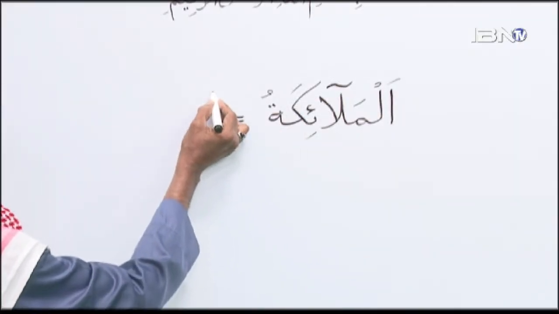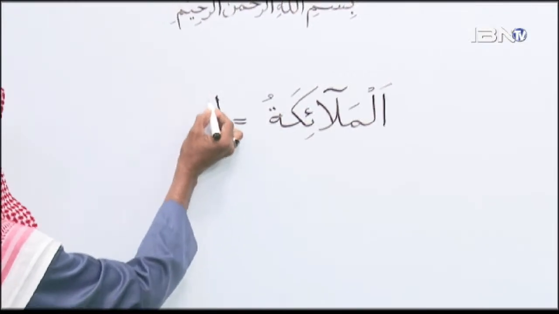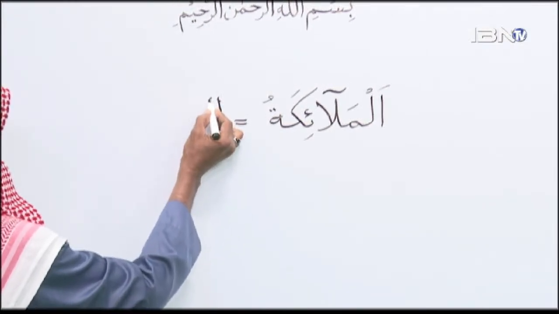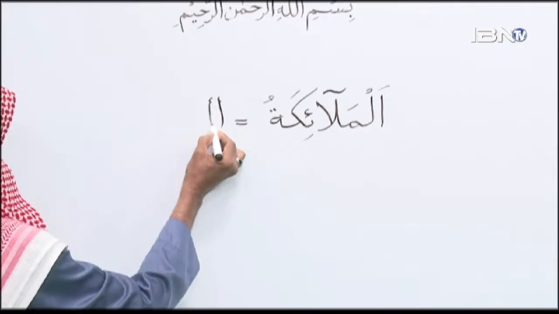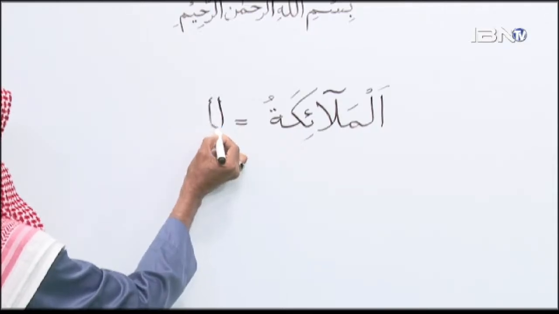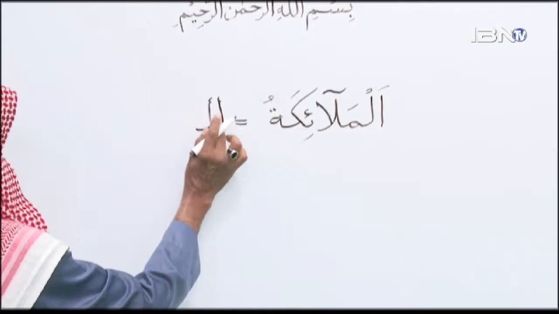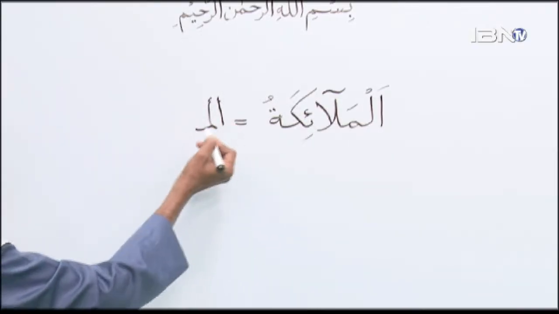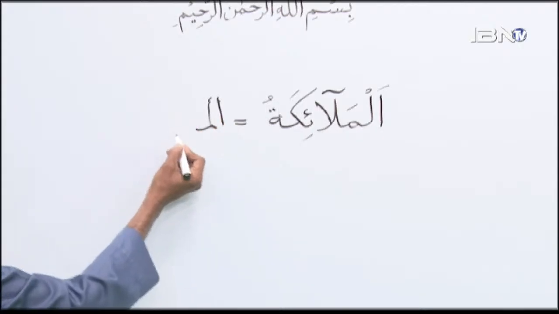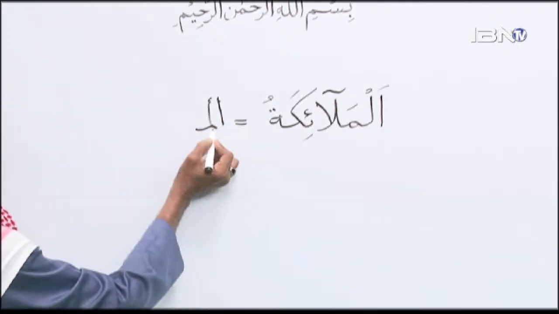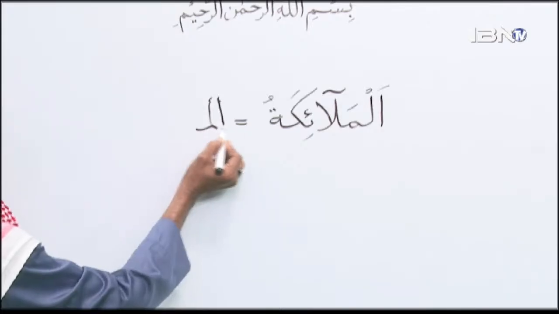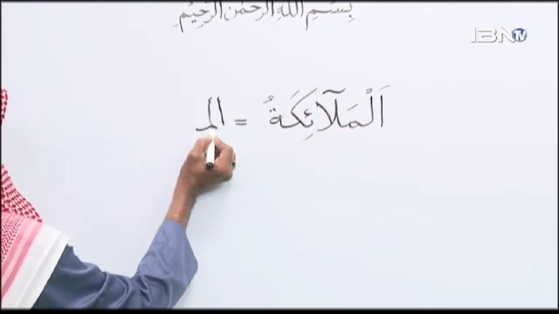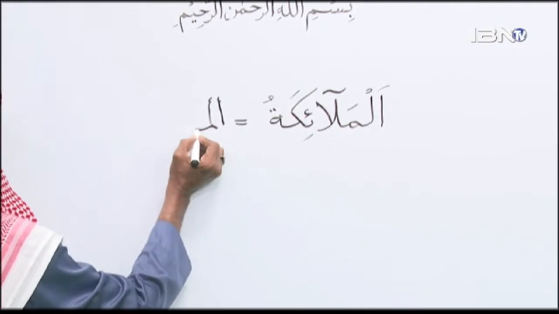You have the Alif, and look at the Mim. The Mim may go this way. Because Arabic is written from right to left, we're supposed to go this way. But if it goes to the opposite direction, this little thing here is a Mim. So this is replaced like this. This is Mim. All right, so we have